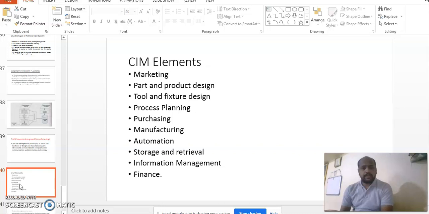Next step in CIM is process planning. Computer aided process planning, that is also called CAPP, with the use of SAP software. Production planning is done. All steps of manufacturing are planned by using CAPP, computer aided process planning.